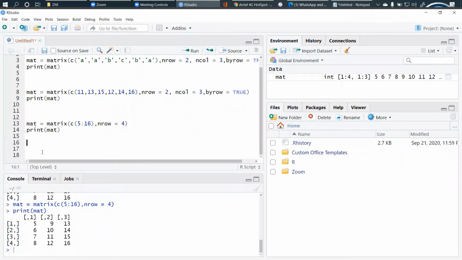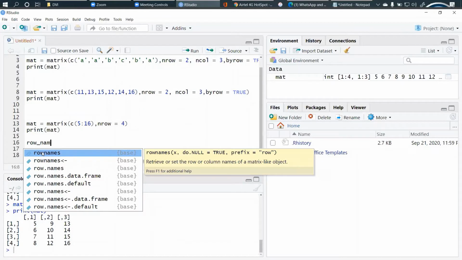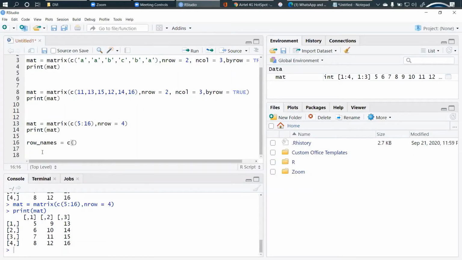Now let's see how to define the rows and columns names of your matrix. We saw this technique while building up the arrays. It will be the same in matrices, just the function name will be different. So we'll take row names, and we need to concatenate those rows. We are having 4 rows and we'll consider 3 columns.